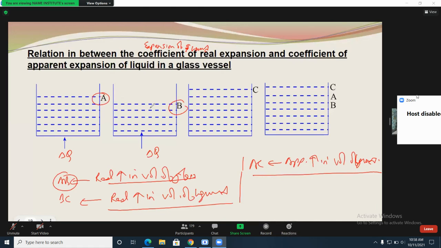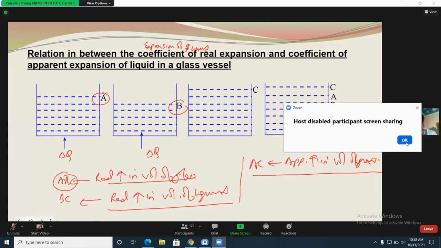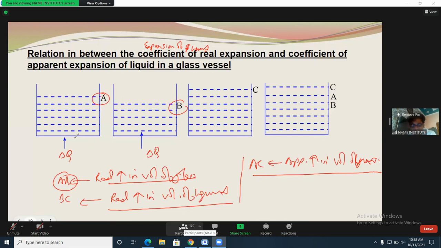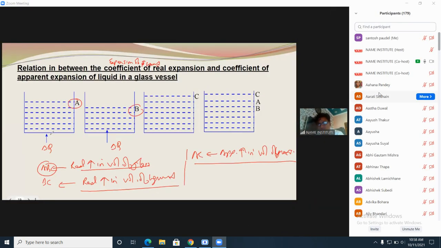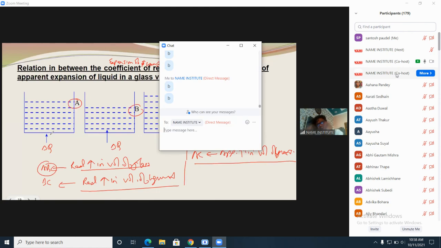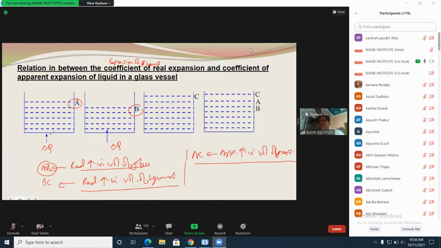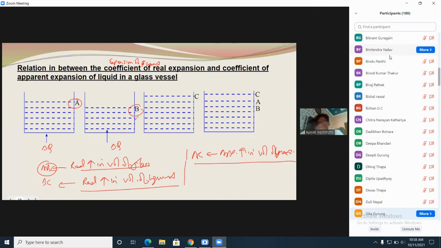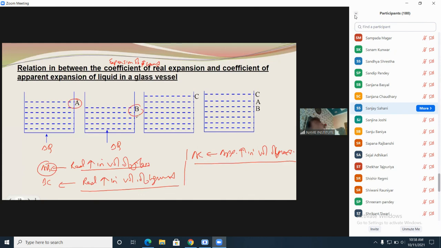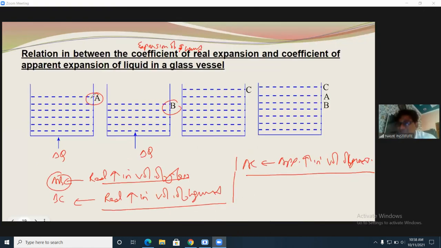So initially the level of milk was at A. Only that part should be clear in a class. Now when heat is given to the aluminum pot or steel pot, there will be expansion, but that expansion will be very, very small. The level of the milk will change from A to B, but we will not observe the milk level change from A to B. We will observe that milk is still at A. So actually milk is at B and we observe milk is at A.